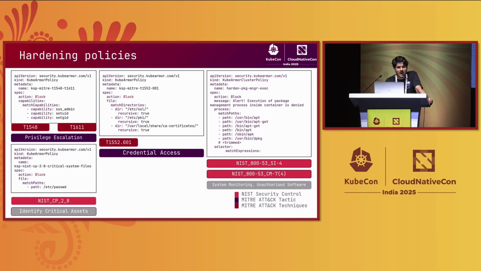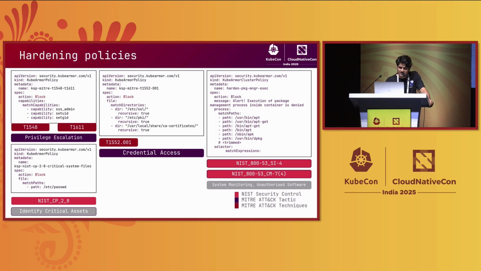So here comes the hardening policy into the picture. If zero trust policies are challenging, what we can do additionally, not as a replacement of zero trust policy, but as an additional security layer, is use compliances. Compliances are nothing but a structured framework and some guidelines that can be used to implement secure systems. And KubeArmor, using its security policies, can enforce those controls at runtime.